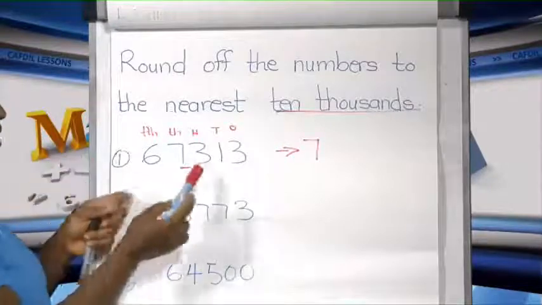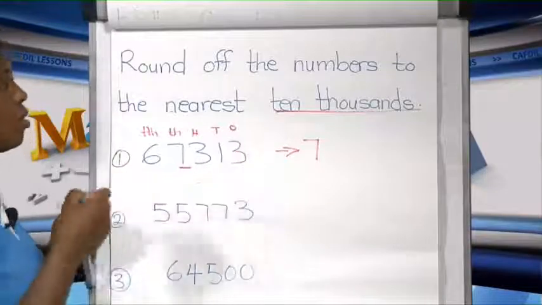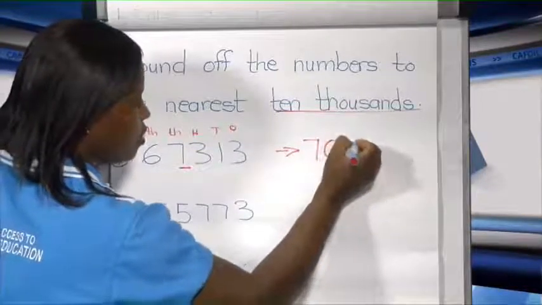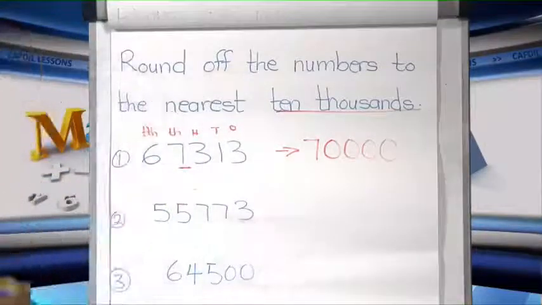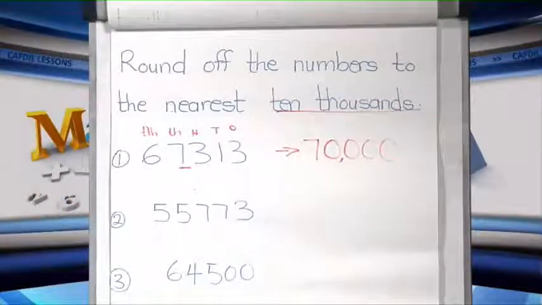So let's count the number of digits left. 1, 2, 3, 4. Let's add 4 zeros. So rounding it up to the nearest 10,000, we're going to have 70,000. The second example,